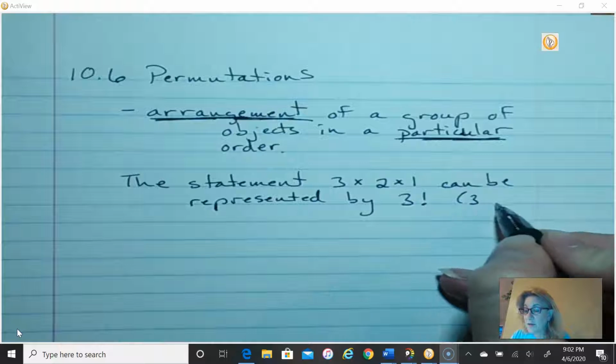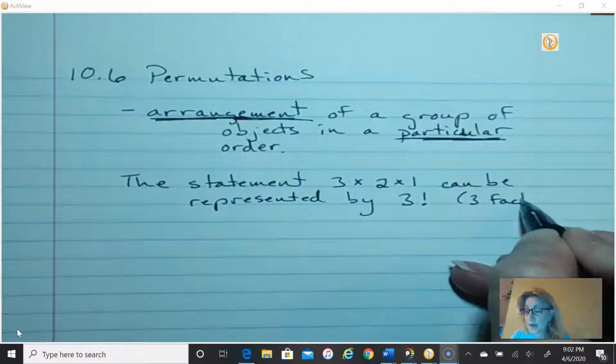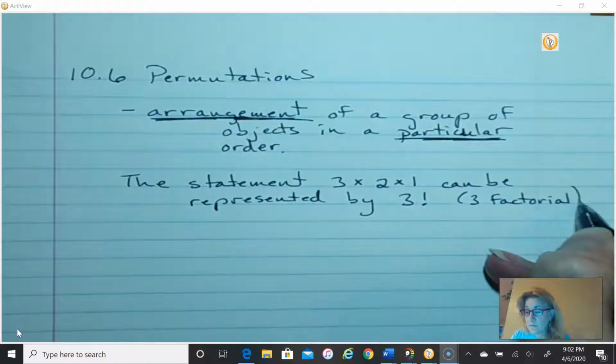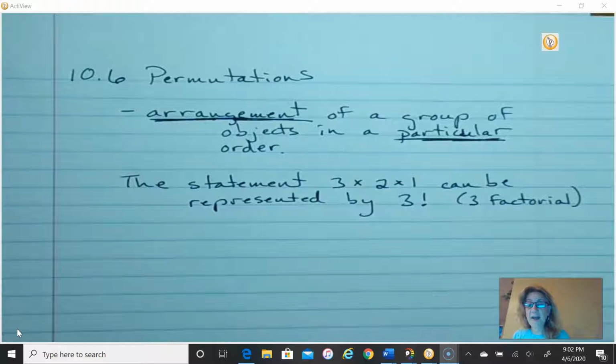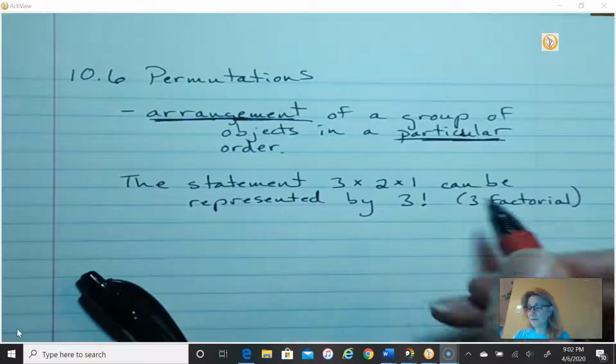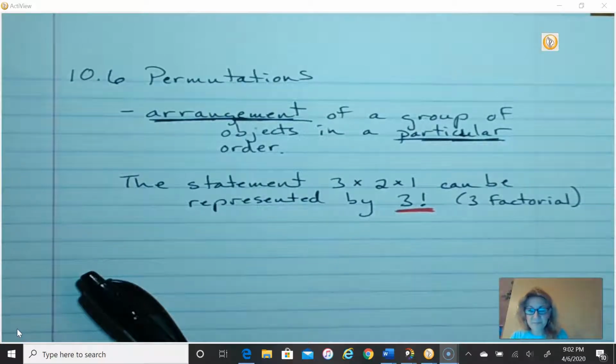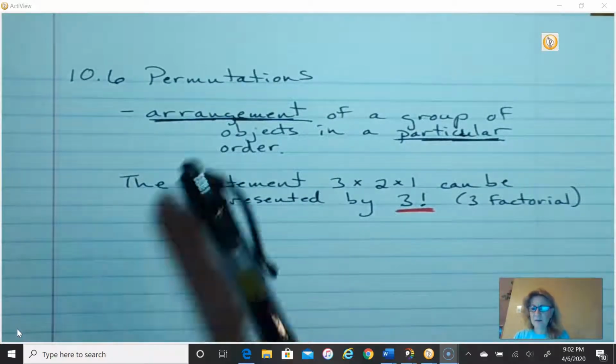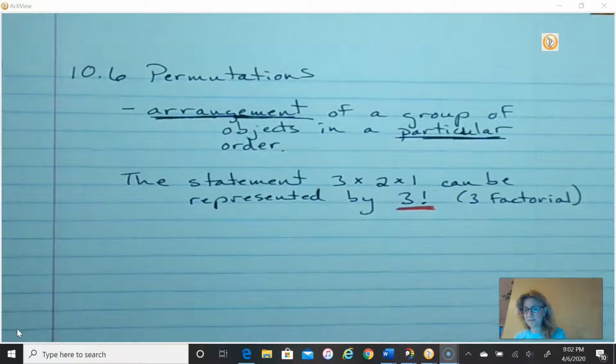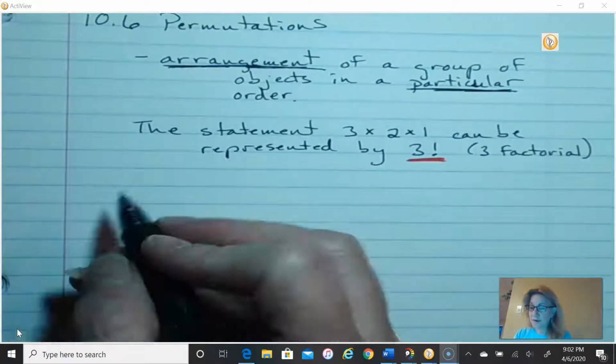It's read 3 factorial. Okay? And it's this right here. Okay, you're going to be seeing a lot of that. All right? That has to do with permutations. For example,